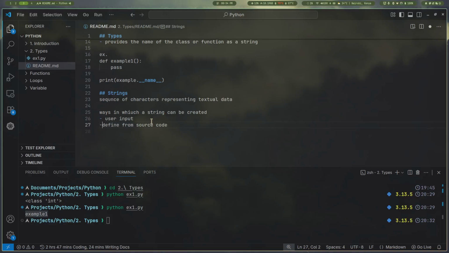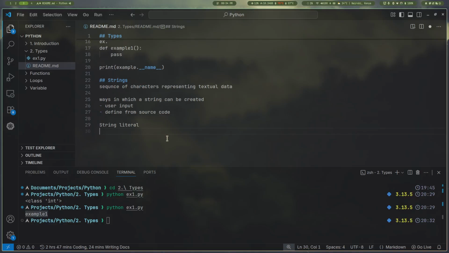So there are ways in which we can create a string. So we have something called a string literal. Okay. So a string literal. So what's a string literal? So let's just have it just like that. So what's a string literal? Maybe someone can,